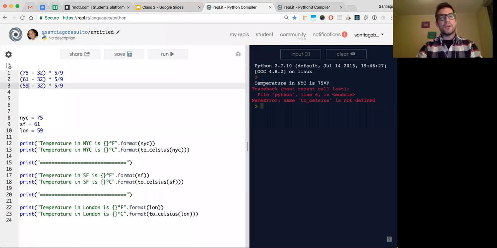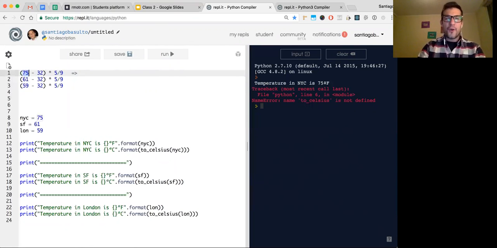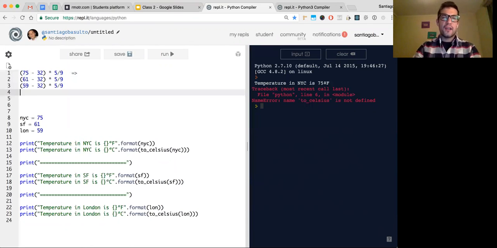So what we see here is that we have the procedure, the function is pretty much always the same, but what changes is the original temperature we have in Fahrenheit. So we have 75 in Fahrenheit, we're going to have a given result in Celsius. This is what is going to make our function. We're going to change this value. We're going to make this value variable. We're going to make this value generic. And we're going to write our function saying